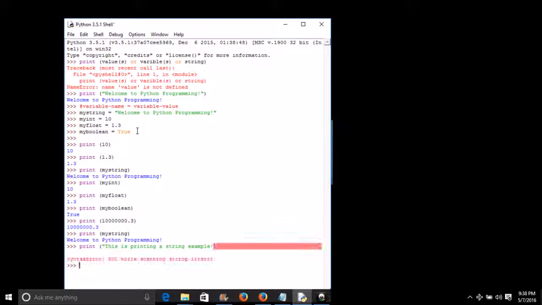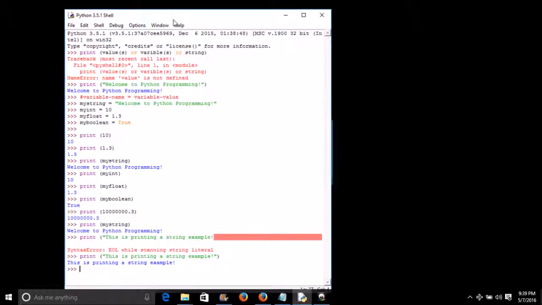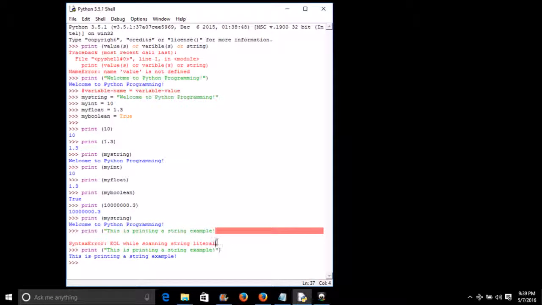And don't forget the opening parenthesis and opening double quotes, and the closing double quotes and the closing parenthesis. So it can generate without error like the previous example.